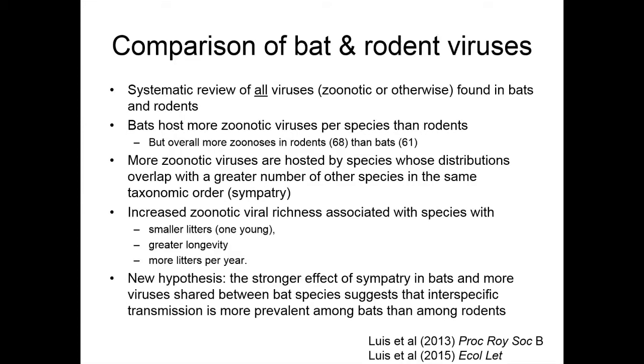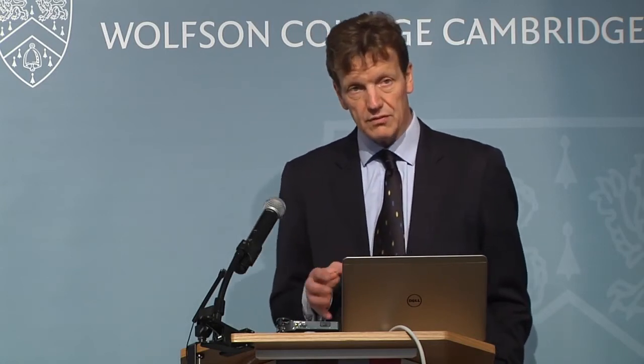and that's I think a very important feature to think about, because it's not enough just to have a virus that can transmit. It's also got to be able to transmit and pass between different species, and often it will pass between a number of different species before it infects us, and so those bat hosts that are overlapping with many other bat hosts, obviously in very biodiverse regions, and that often is in the tropics, but not invariably, will often be hosting more zoonotic viruses than those that are found in a lower population density or lower